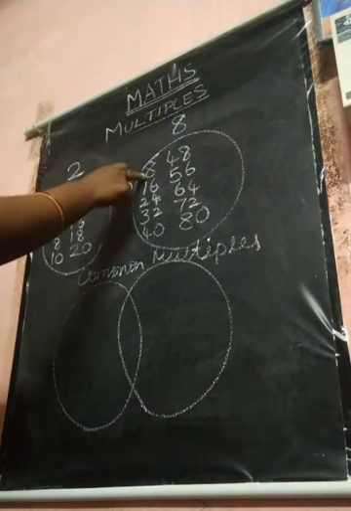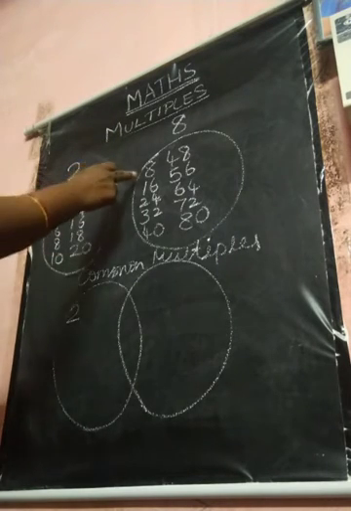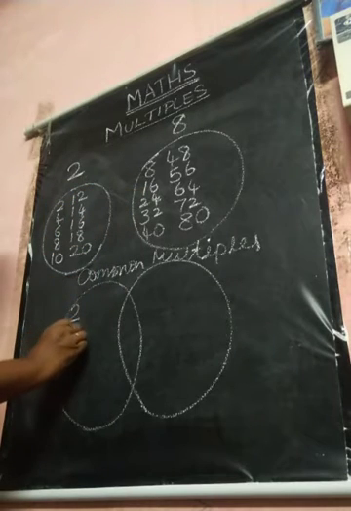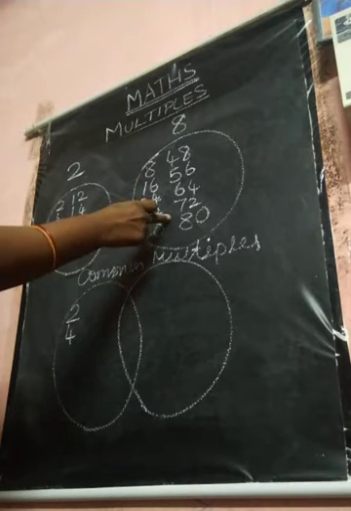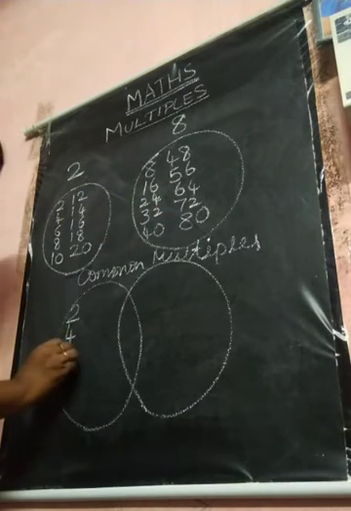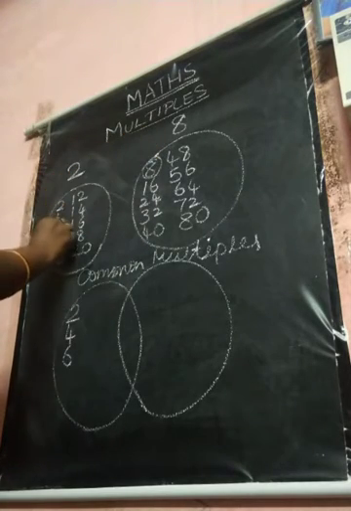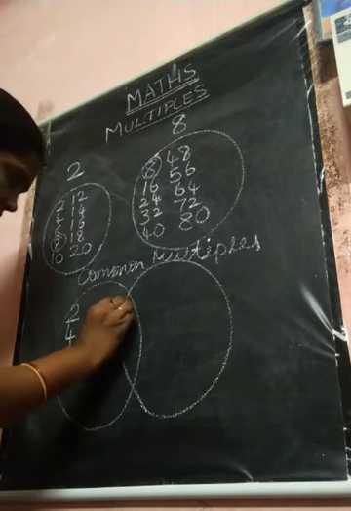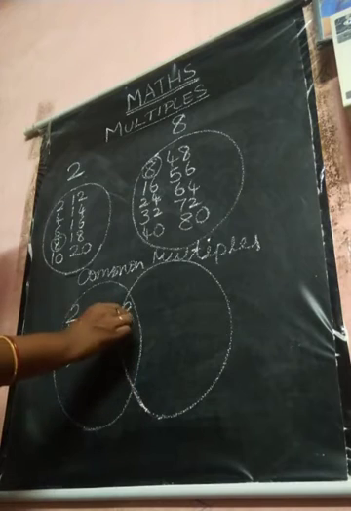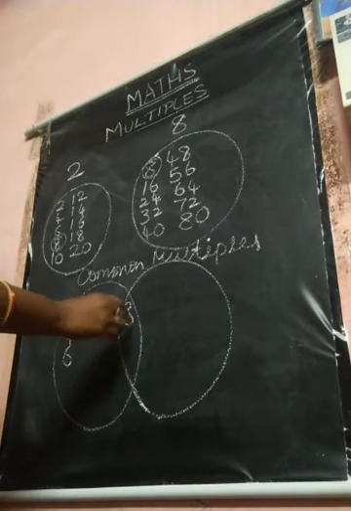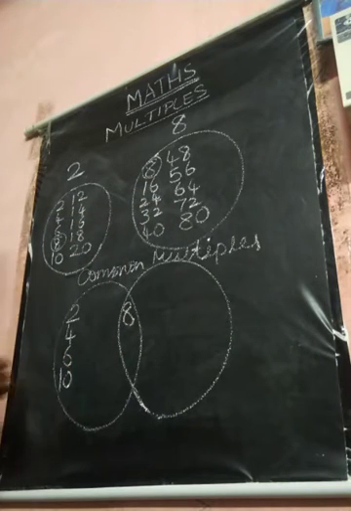Here 2 is there, here is 2 there? No. So you take it and write the 2. Here 4 is there, here is 4 there? No. So you take it and write the 4. Here 6 is there, here is 6 there anywhere? No. Next you take it and write the 6. 8 is there, here also 8 is there, so you write it in the middle. Both the circles are joined now. This place you write the 8. 10 is there, here is 10 there? No. You take it and write the 10 here.